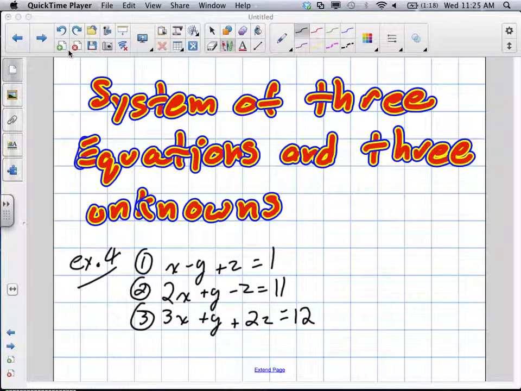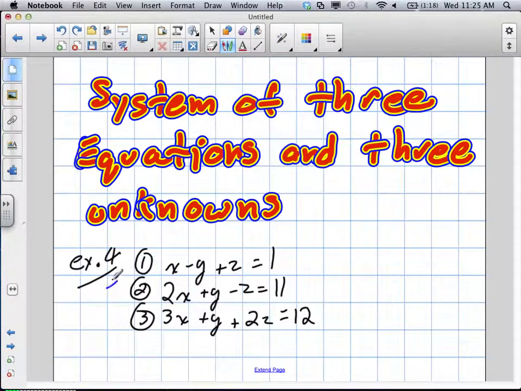System of 3 equations and 3 unknowns. This is example 4 on 8.9.2. They've given us our 3 equations here. And what we're going to try to do is essentially turn roughly these guys